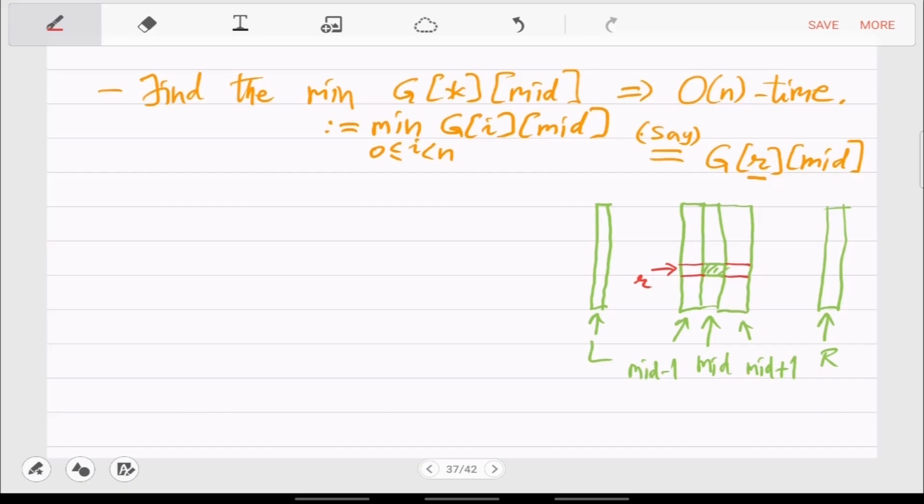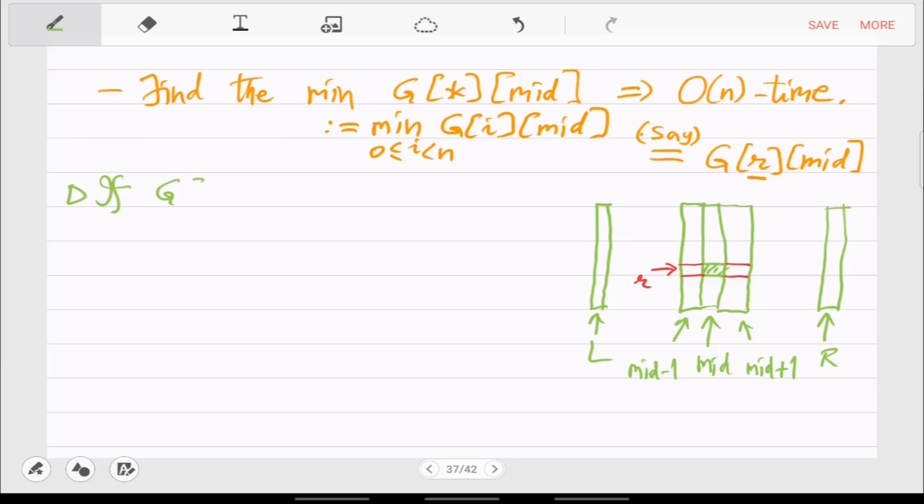And so the decision you want to make is which half to go, right? Whether to go to L dot dot mid minus 1 or mid plus 1 dot dot R. So how will you decide this? What is your first guess? Whichever is smallest of these three, you go there. Right? And what happens if the green cell itself is the smallest? Right, so that is the simple case.